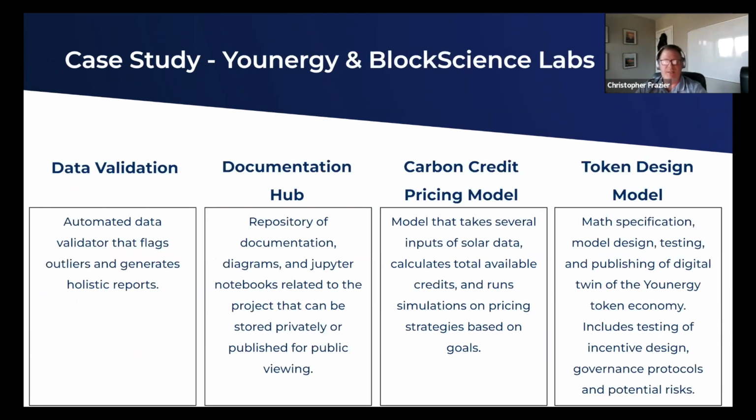So specifically how we're helping them is we've created an automated model for them that does data validation and also creates a holistic report so that they can see all the different project sites and how much error was found in each of those. And so it gives recommendations on what to do with that data. And then once they have that verified data, that's going into their carbon credit model, which we're helping them build